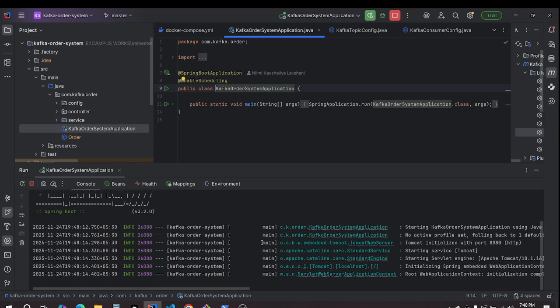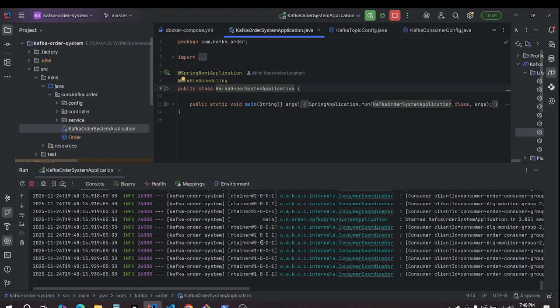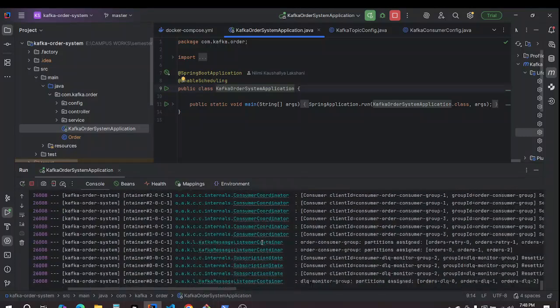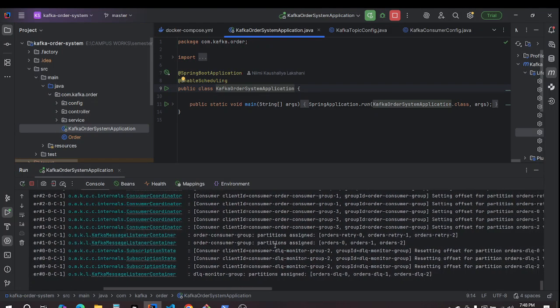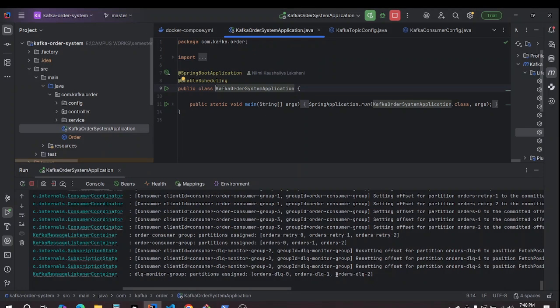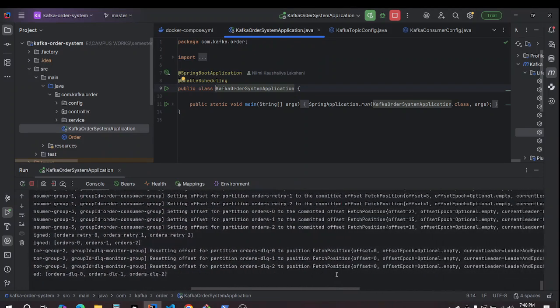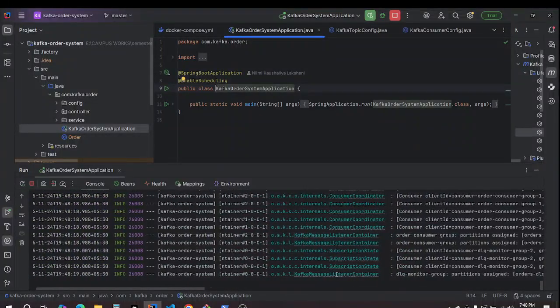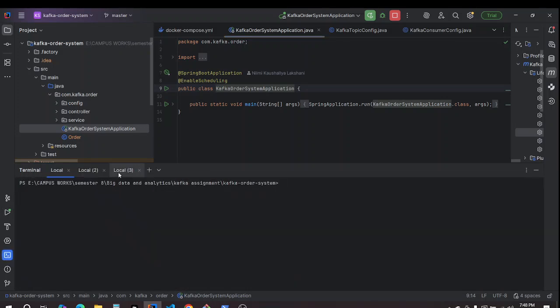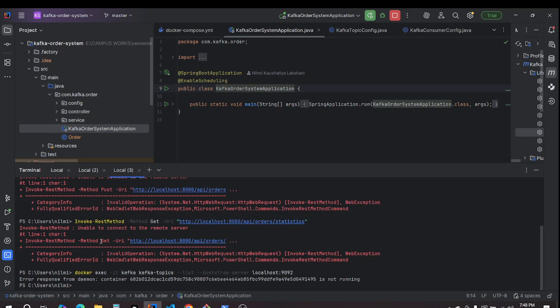Here you can see it runs successfully. Then after that, this runs successfully, and after that we will go to the terminal and open a new file,